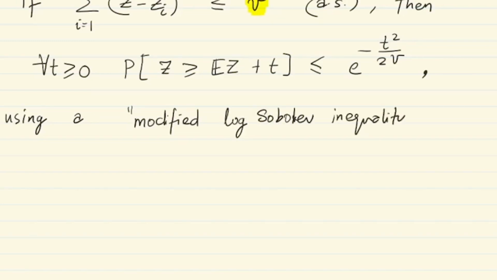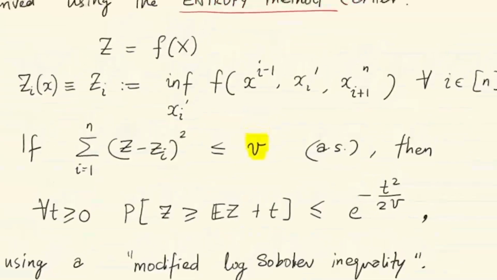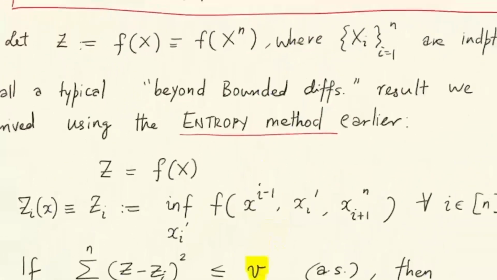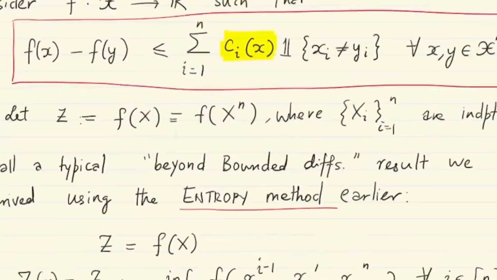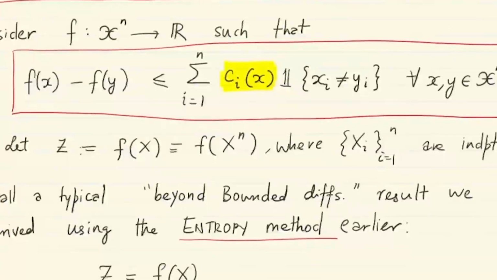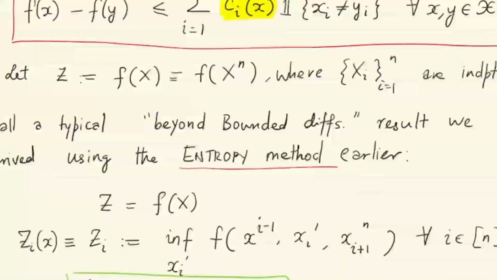Okay, and that helped us basically apply the entropy method to derive such a result. So how can we map this to the problem setting at hand? If you recall, we need to satisfy this condition here. Okay, and if we have the condition star for our function f, you can easily argue that an upper bound